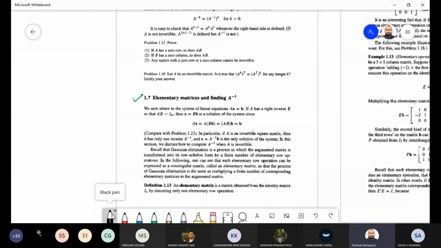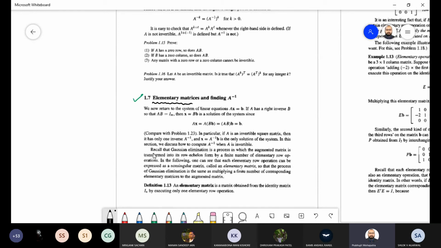So what are elementary matrices, that we need to understand, and whether it is applicable to all matrices, that is also important. You can find the inverse of a matrix if the matrix is n by n, a square matrix. Those are some crucial pieces of information we are going to discuss. But before that, we need to know what is the elementary matrix. Let us start.